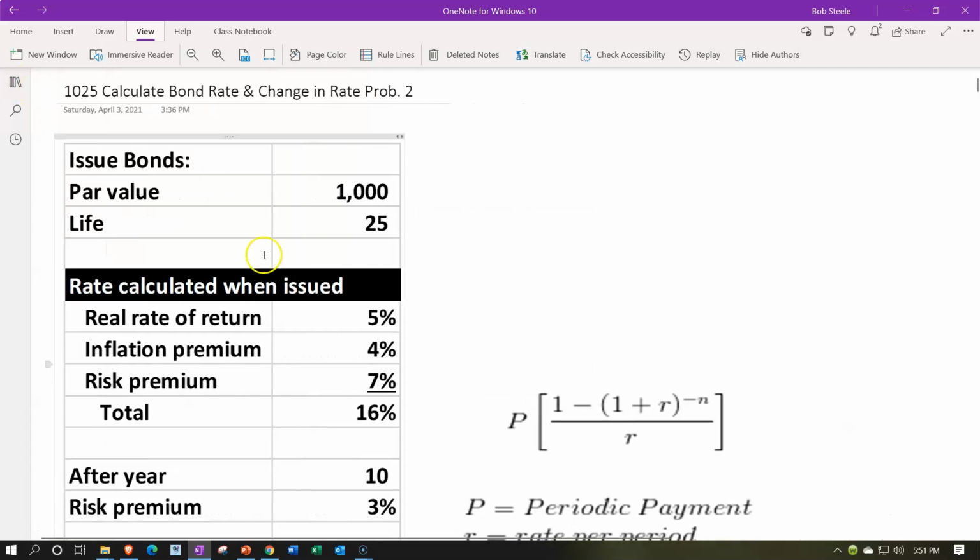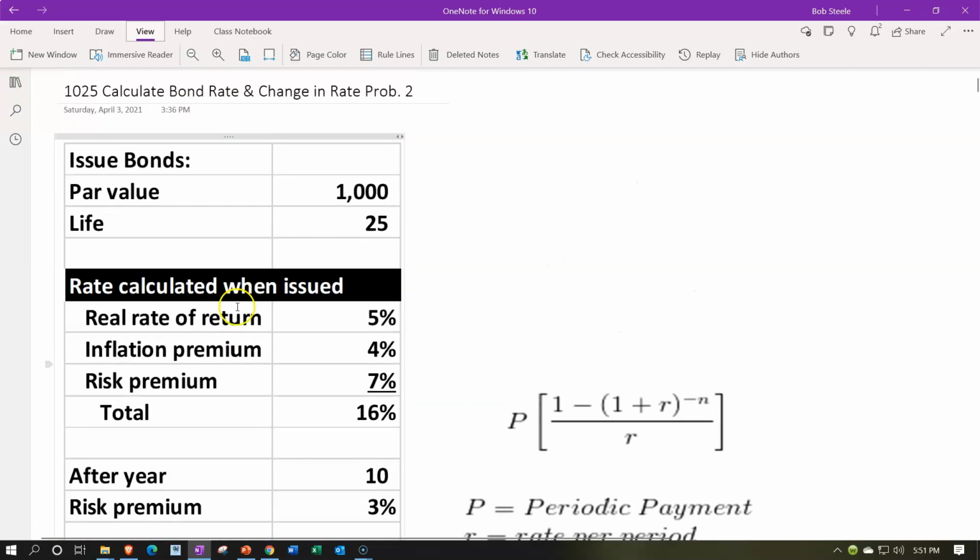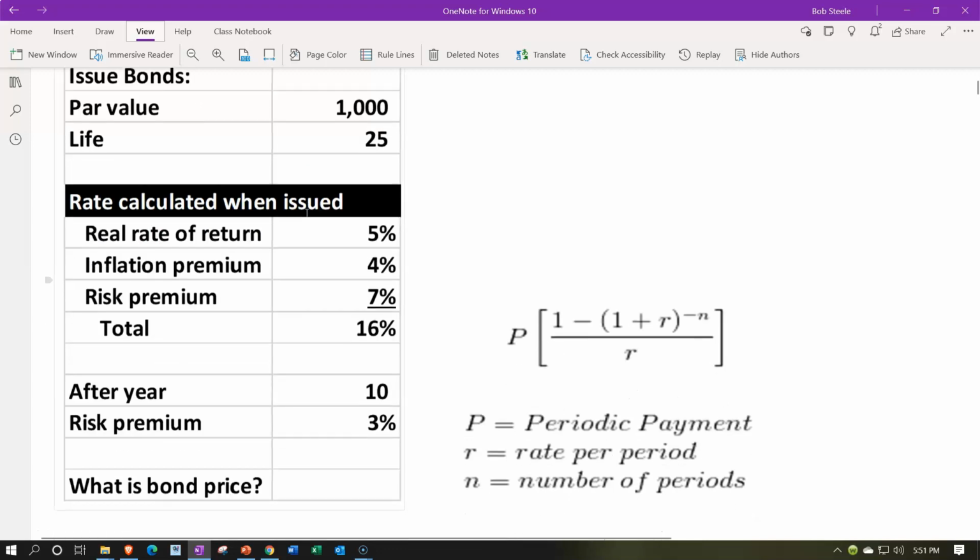Closing this back up, we're going to have our information up top, then we'll go through the calculation for them down below. The scenario will be, we have the bonds that are issued, we have the $1,000 par value, 25 life on the bond. Then we're calculating the price that is going to be on the bond, noting that when we first calculate the price on the bond, when issuing the bond, if we are the issuer of the bond, then we're trying to get a price that is equivalent to the market rate and thereby issue the bond at the 1,000 or face